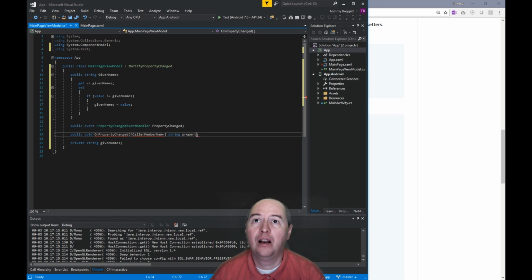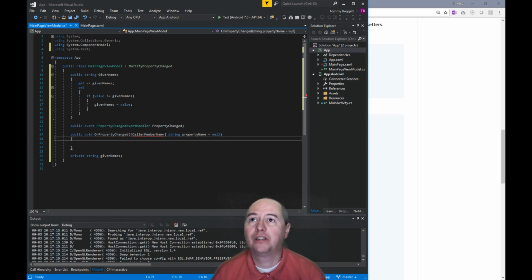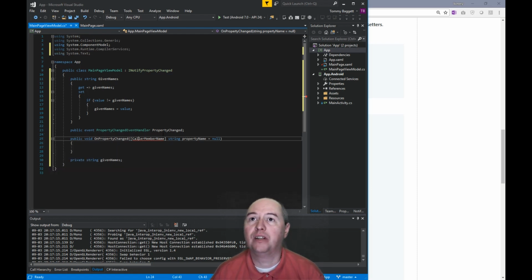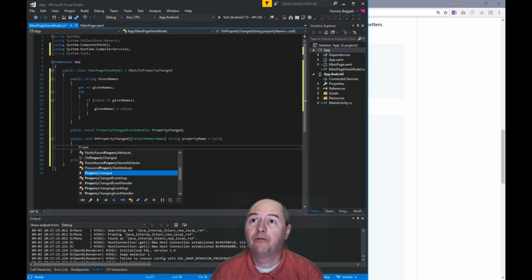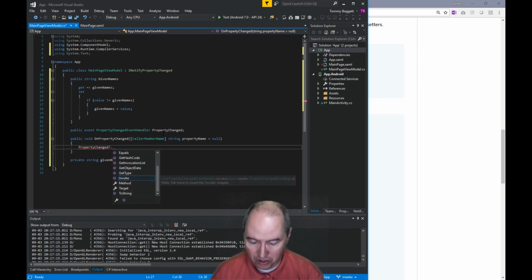String property name equals null. I'm going to fix that in just a second here. So this attribute, if you're not familiar with it, we'll set it up to where wherever this method is called, it will automatically assign the name of the method it was called from to the property that we're specifying, in this case property name. So we're going to use our event that we declared, make sure it's not null, call